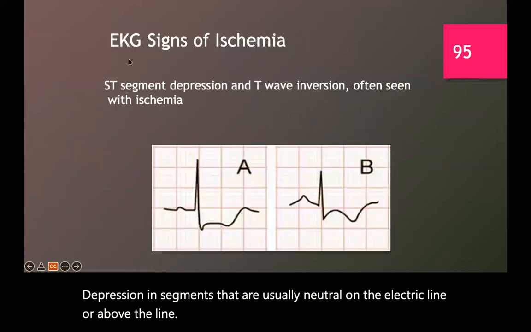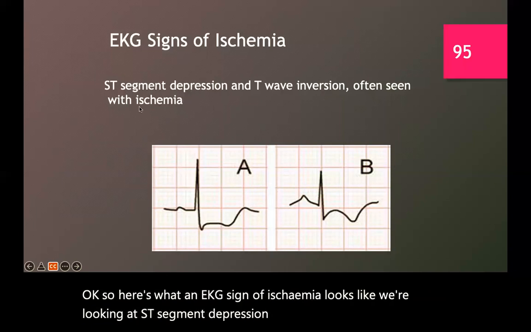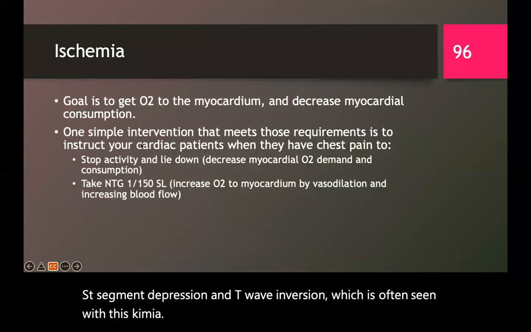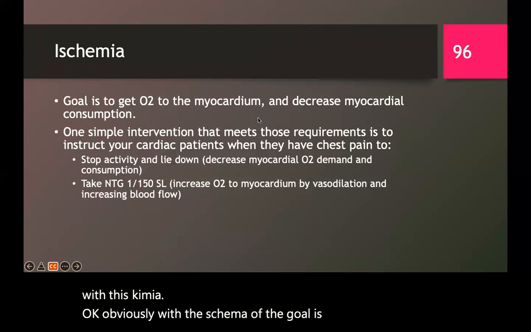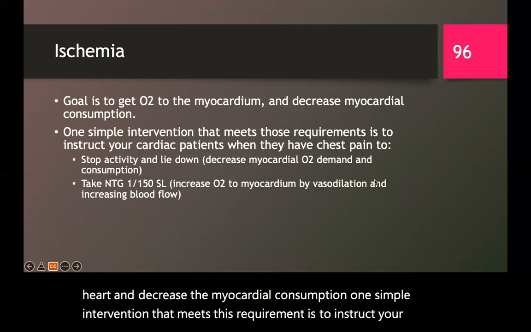Okay, so here's what an EKG sign of ischemia looks like. We're looking at ST segment depression and T wave inversion, which is often seen with ischemia. Obviously, with ischemia, the goal is to get oxygen to the heart and decrease the myocardial consumption. One simple intervention that meets this requirement is to instruct your cardiac patients when they have chest pain to